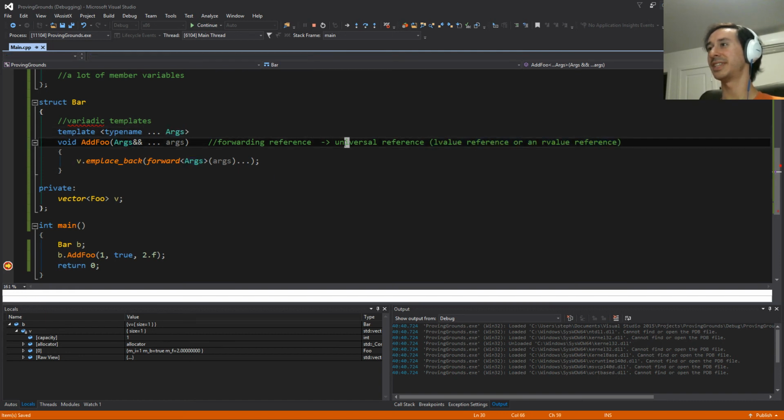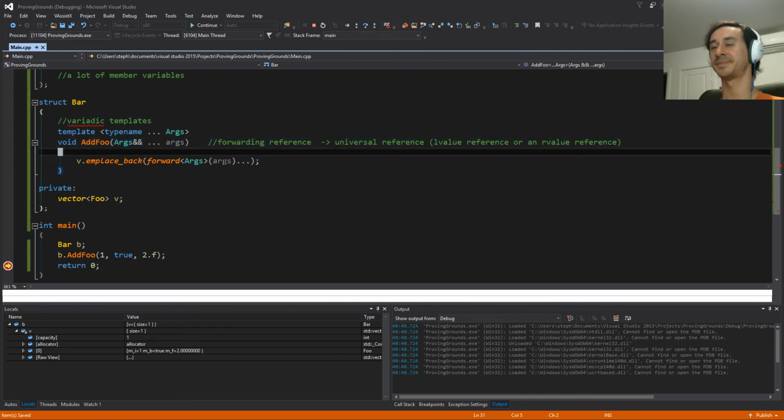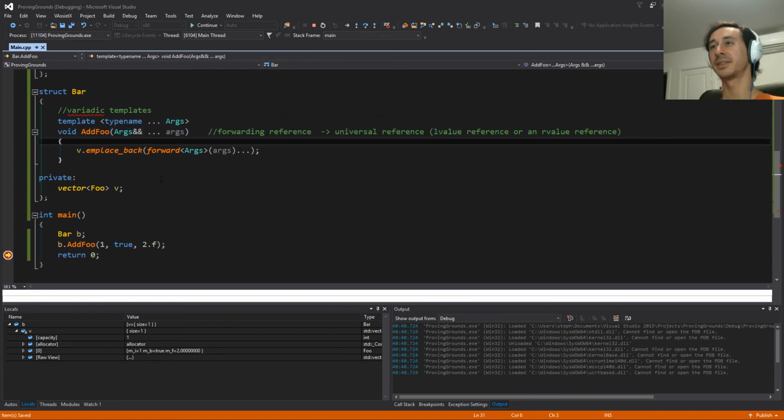So it's universal in that it can refer to both types. But we call them forwarding references more because of how we use it with perfect forwarding, rather than universal references, which is a bit more descriptive, perhaps, of what it's referring to. So we accept arguments of any type, and then we forward them to the function that we want while maintaining